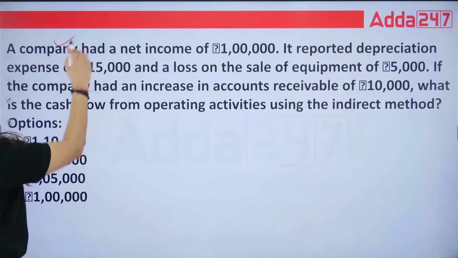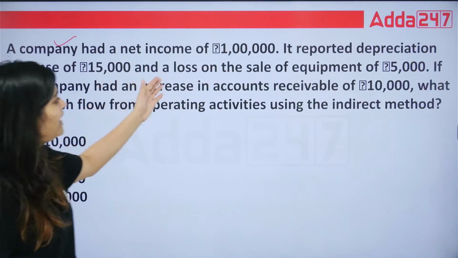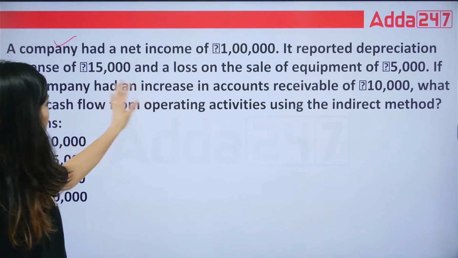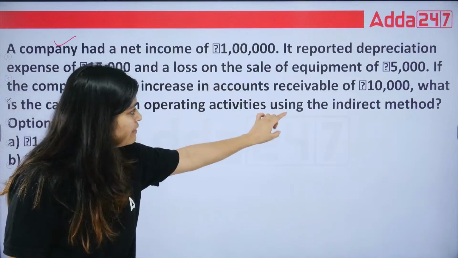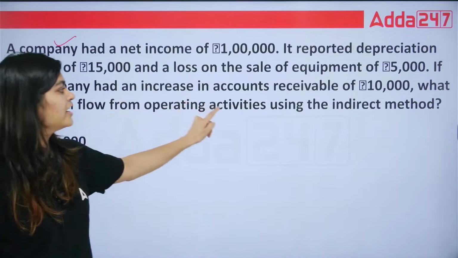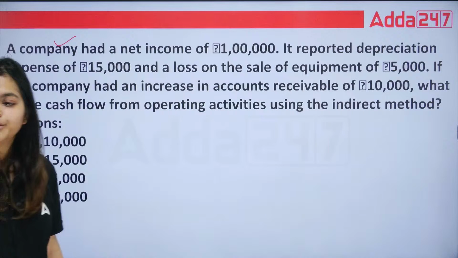A company had a net income of 1 lakh. It reported depreciation expense of 15,000 and a loss on the sale of equipment of 5,000. If the company had an increase in accounts receivable of 10,000, what is the cash flow from operating activities using the indirect method? As I told you,